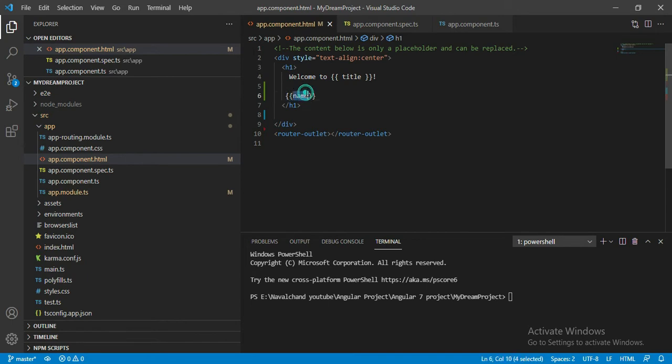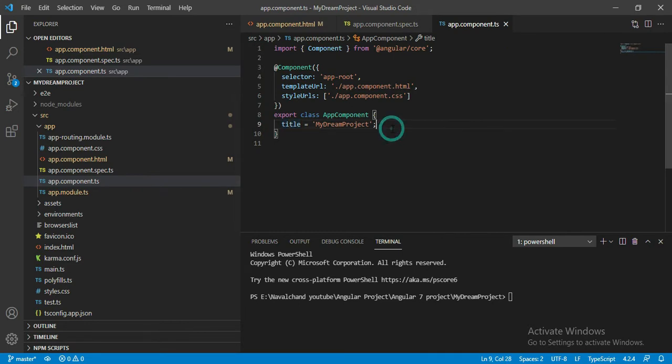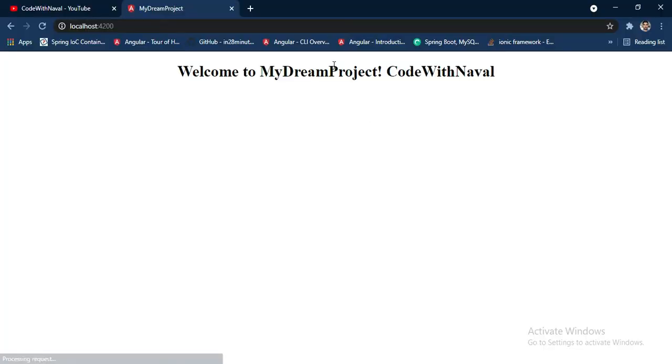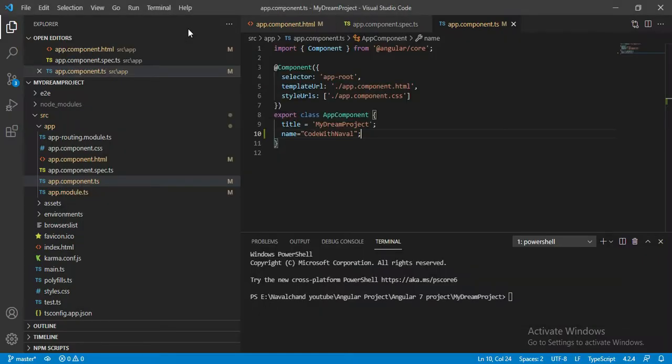Let me create this name variable inside the ts file. I'll simply create name equal to Code with Naval. Okay, let me save this file and you can see it is immediately reflected on the browser.